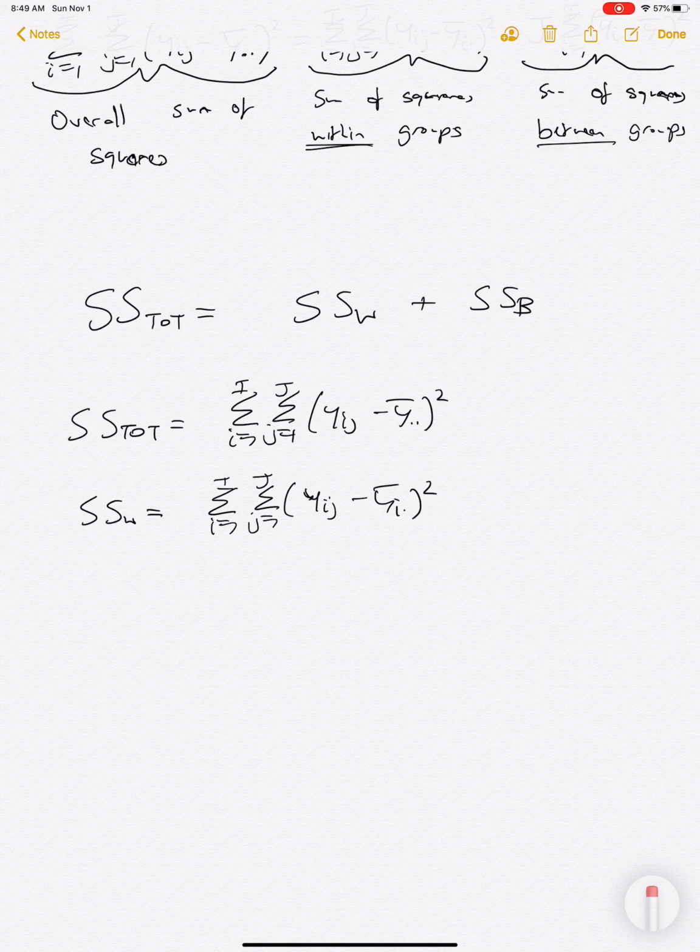And then the SSW is just looking at, if you treat each group separately, the difference between each sample within a group and the mean of that group, and then you add up across all of the I groups, and the sum of squares between